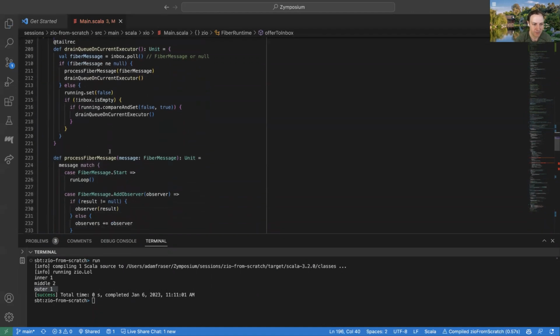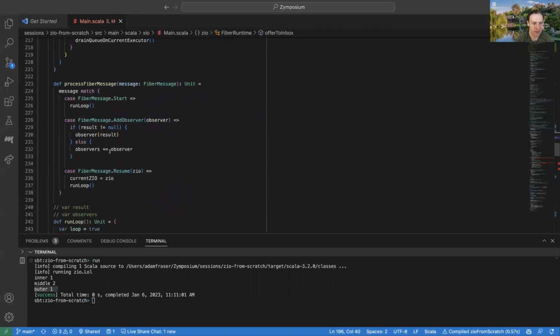But the payoff of this is that a lot of our logic outside of that gets to be very simple. Let's look at this add observer method. This is where someone is saying they're interested in the result of the fiber. And all they did is send us this add observer message.